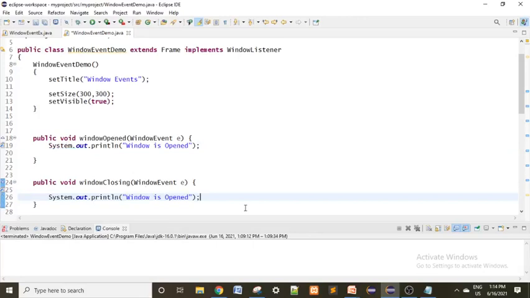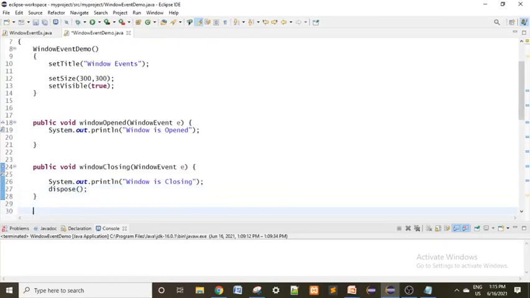Here, while closing, just write "window is closing". While closing, two events will be generated. The first one is window closing, after that window closed. While the window is closing, the window closing event will be generated. So for that we have to pass one method. Okay, what is that? Dispose. Dispose is one method which is used for closing the window, not closed, only closing. Okay, that tells the system OS this window is closing.